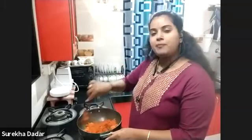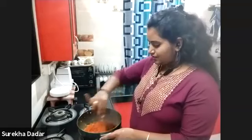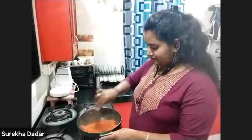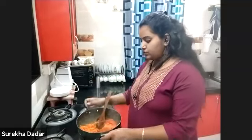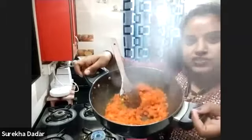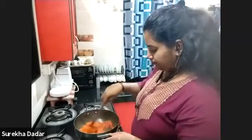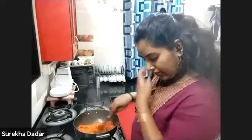But we also have packed grated carrots available in the market, in the supermarket. So that won't be time consuming if you just buy that. So you can see that it has reduced in size. The color is slightly changing from orange to red. Now is the point that I'll add